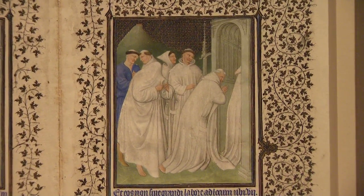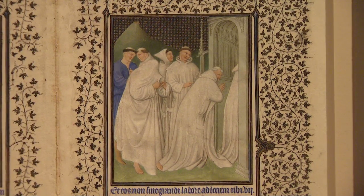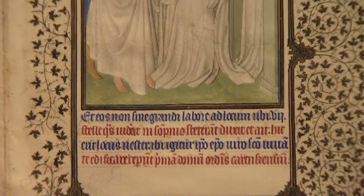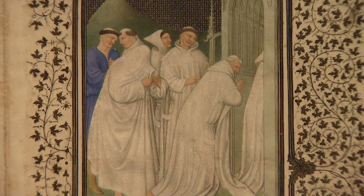Uninfluenced, uninflected by previous models. Yeah. These subjects had never been depicted before. They always gave sort of a little whimsical surprise ending to them. So remembering that we're looking at a book, you see here the Carthusian monks entering the monastery, the charter house